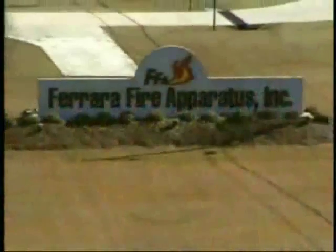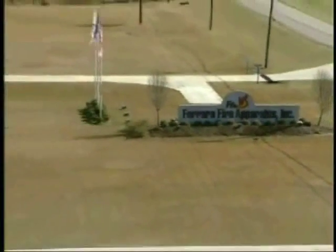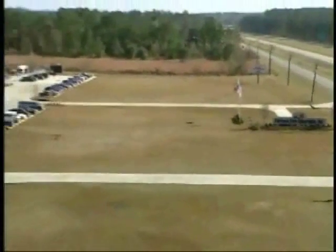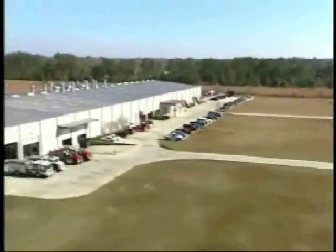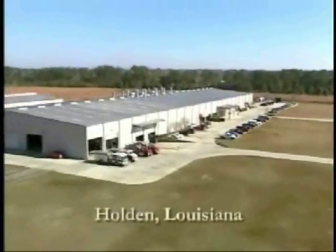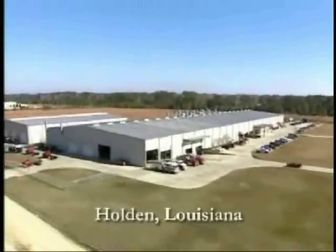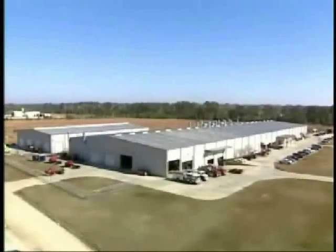Ferrara has been manufacturing some of the finest custom fire trucks since 1982. We've become one of the most progressive and innovative fire apparatus manufacturers in the fire industry today. We own and operate a 150,000 square foot manufacturing facility in Holden, Louisiana. This facility was designed and laid out solely to produce fire trucks, allowing Ferrara to manufacture a wide range of